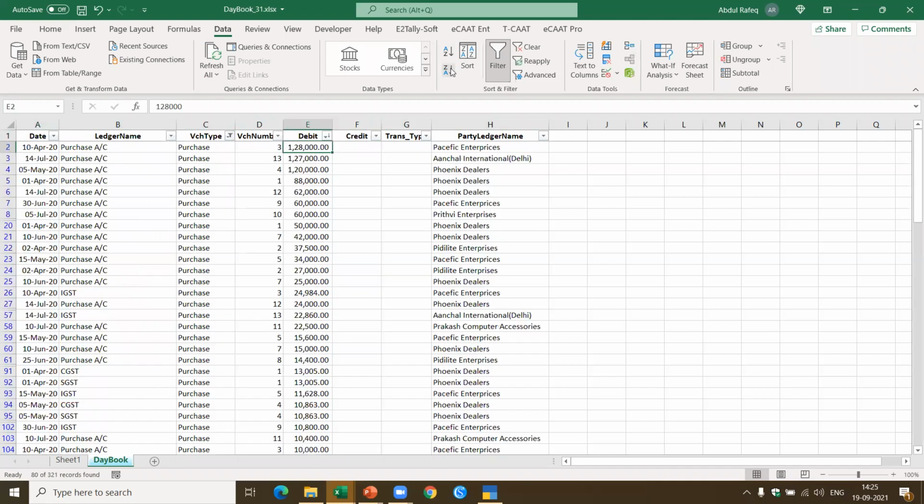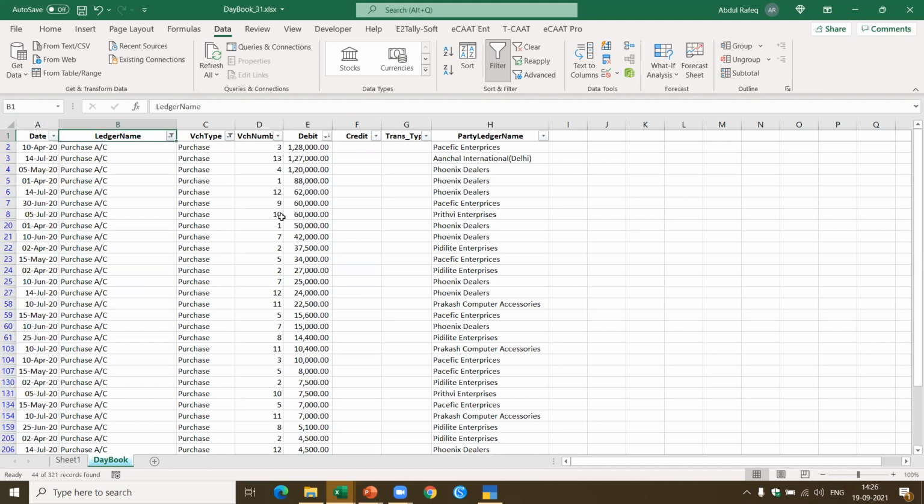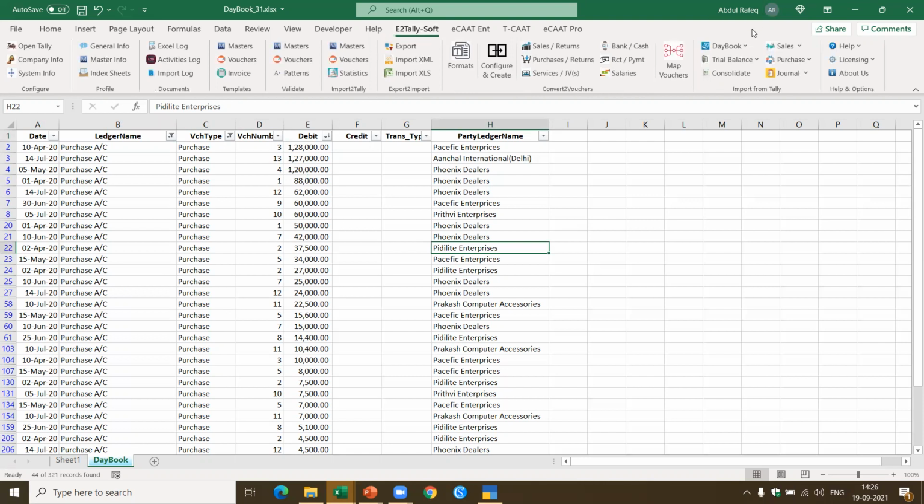Now you see here, I can sort this in purchase. Now here I want to pick up only purchases. I can just say I want only purchases. Which means I can pick up all the purchase transactions in one go here, and I also know which are the parties for whom I have purchased. I can also use a pivot table and do so many things once I got the data in a structured fashion. Now, can I get the data of the trial balance? Now I got the transaction.